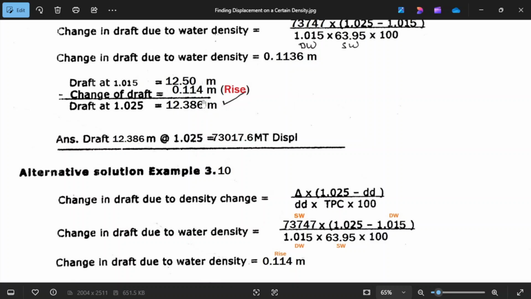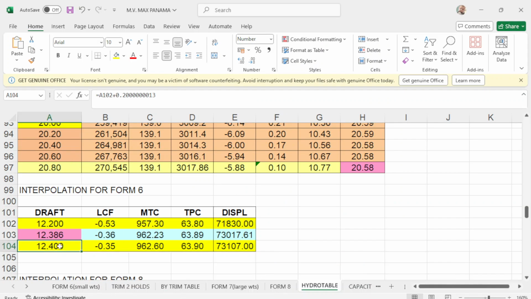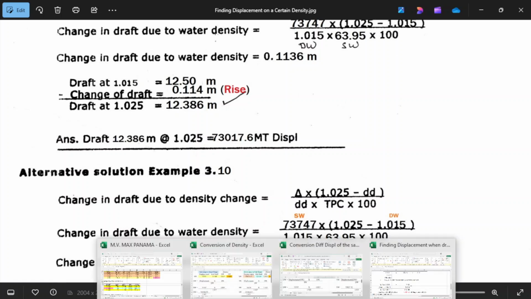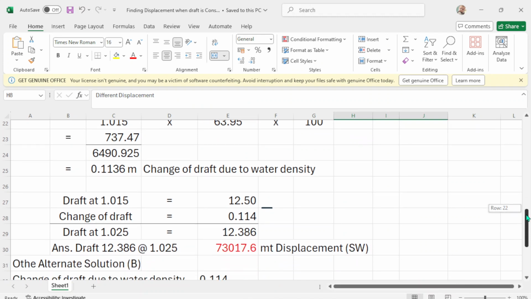And what will be the displacement at your draft here, 12.386? Your displacement will be 73017.61, which is this one, 73017.6, and it is the same here. Okay.